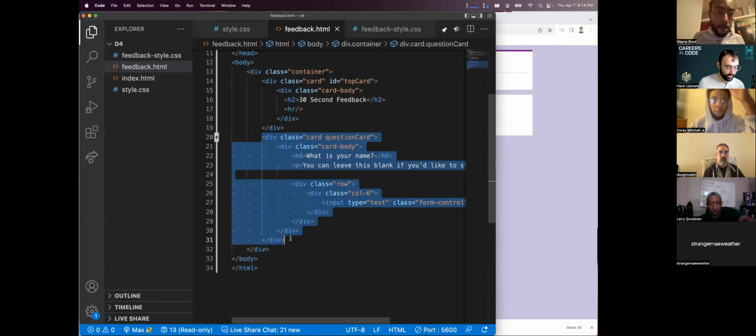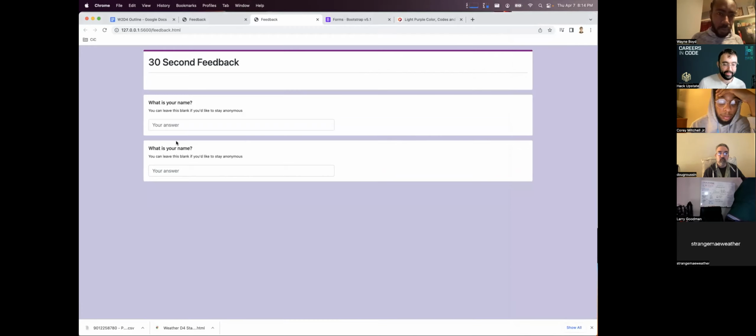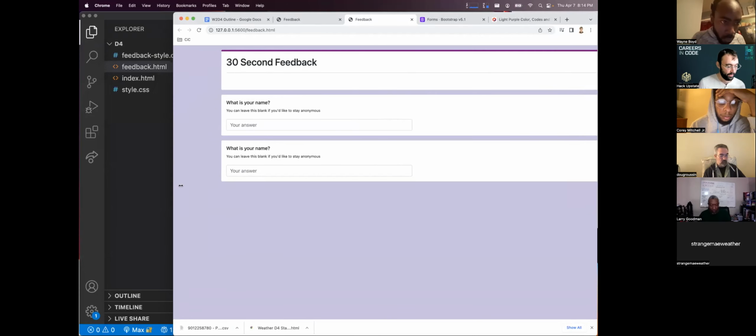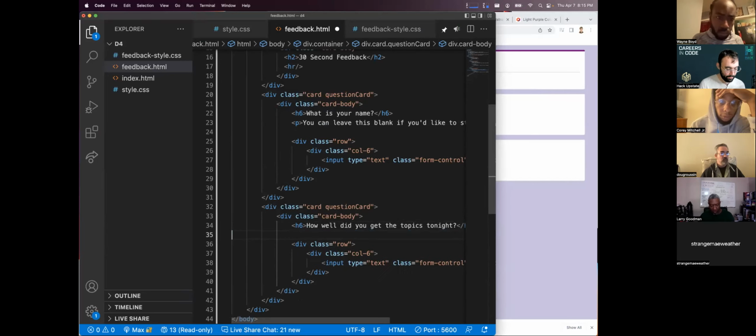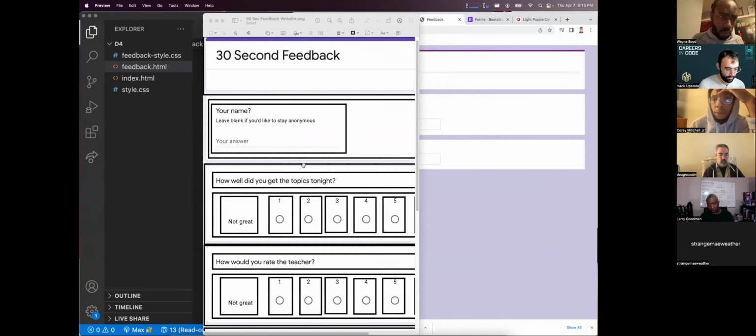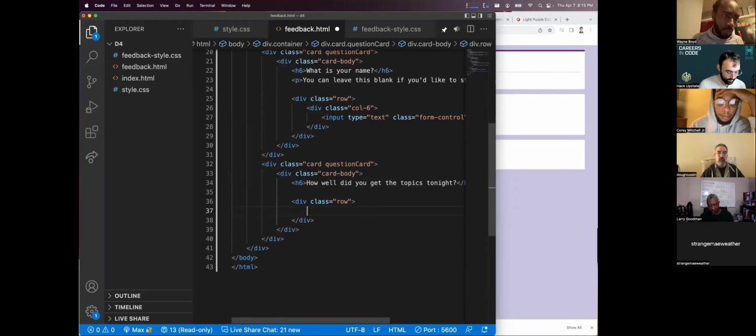So I'm going to take my entire card. I'm going to duplicate it. And because we thought ahead and put question card with margin top and bottom on it, when I come over here, I get my nice spacing that's now consistent for me. So I'm going to pull this over and say, how well did you get the topics tonight? And I can delete out my whole p tag because I don't have that description going on. But in my row, I know that I've got